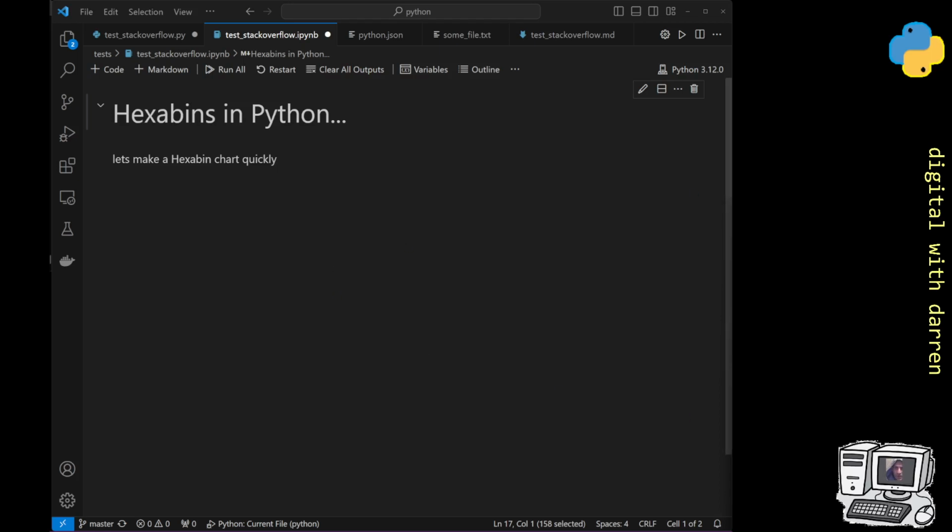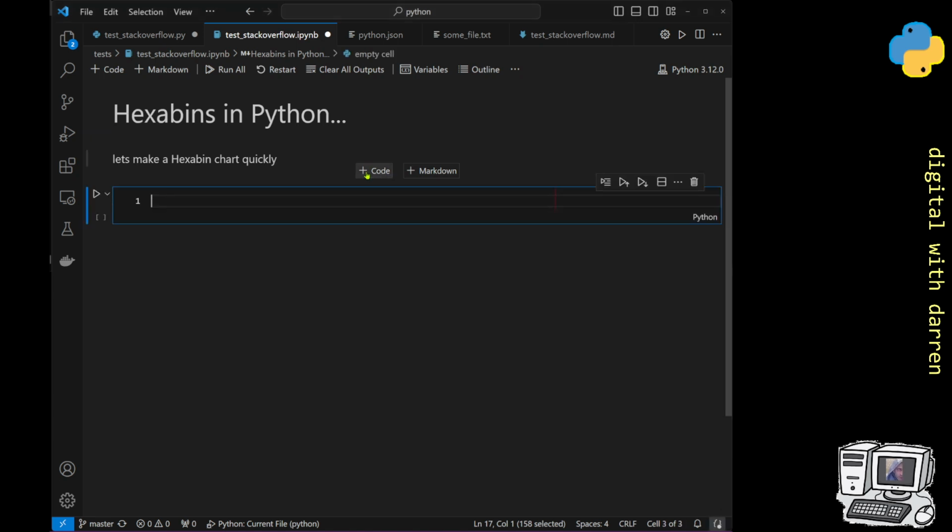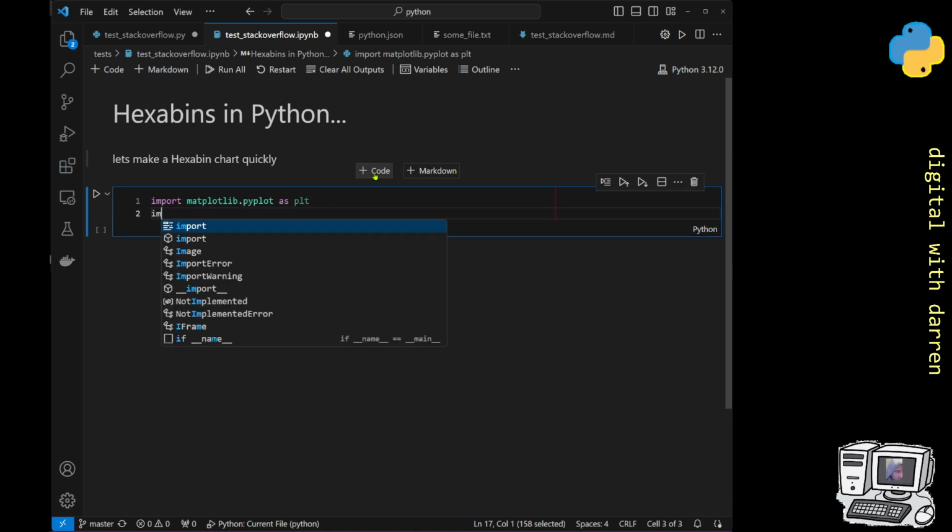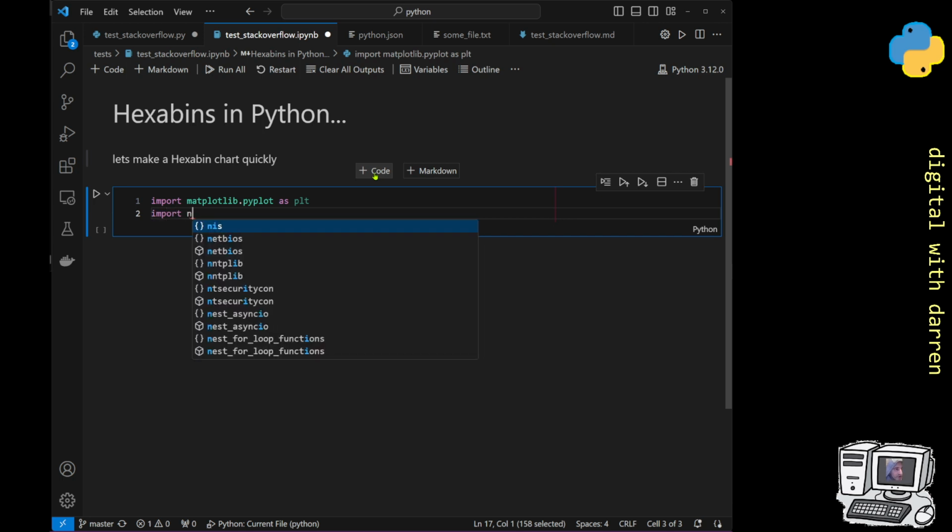Okay, so we are now going to make a Hexabin plot in Python, and the first thing we are going to do is open up a little code block, and we are going to use the matplotlib library. So let's import matplotlib.pyplot as plt, which is a common pattern, and then next we will import numpy